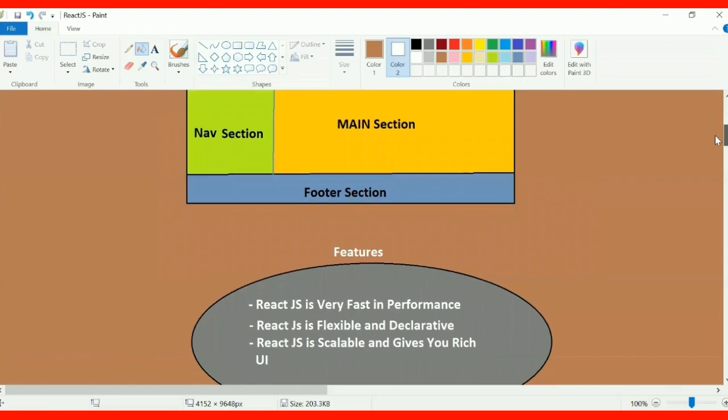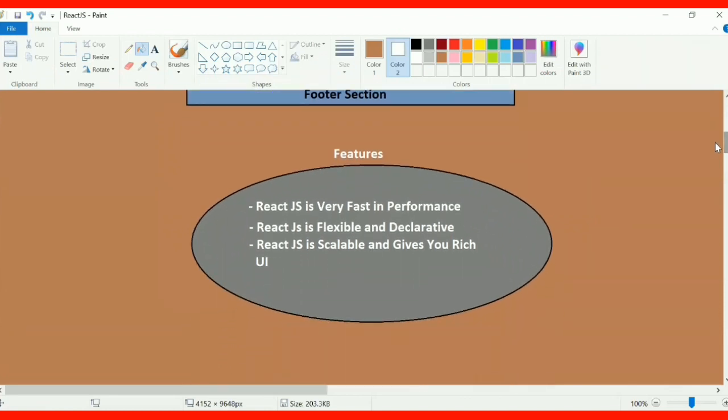So let us see a few features of React.js. As we are going to move ahead, we will be practically seeing some features and understanding more about React.js. As of now, any application that you build on React.js is going to give very high performance.